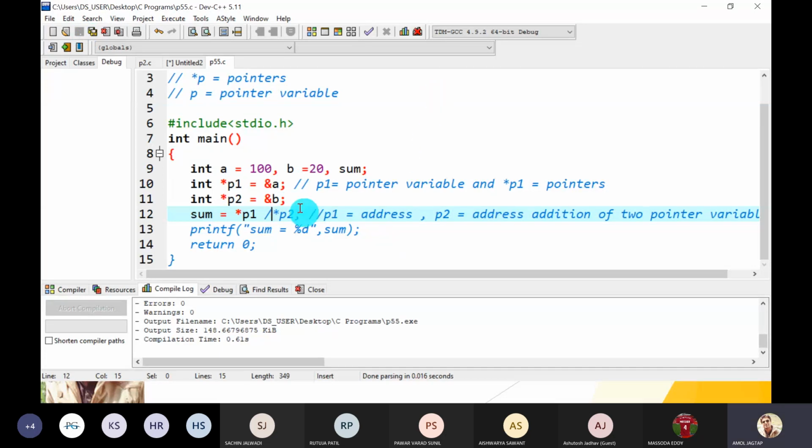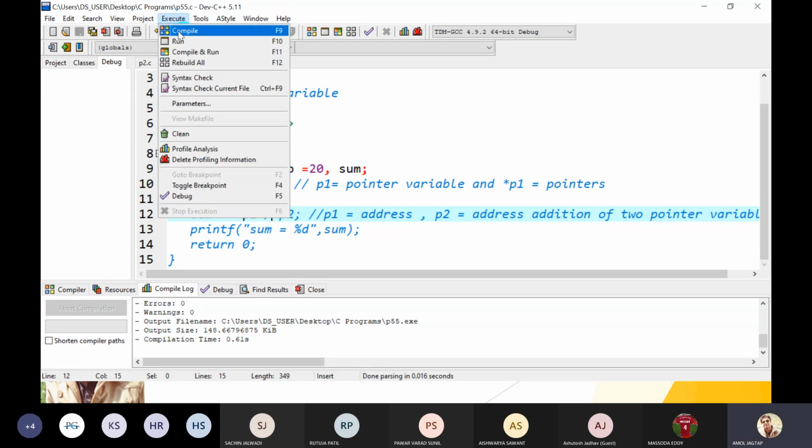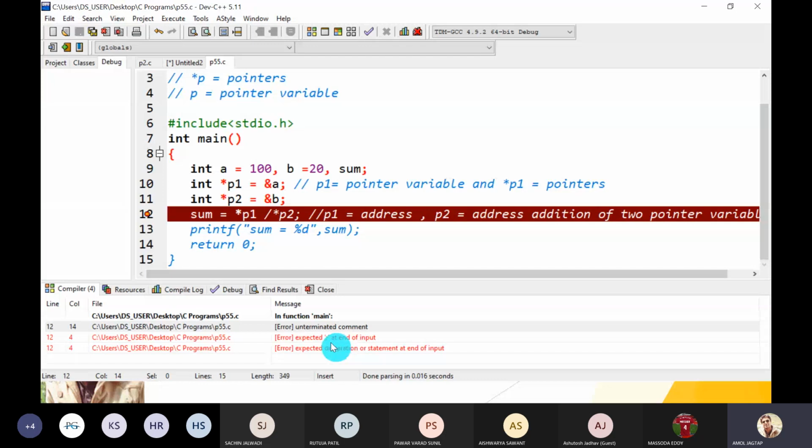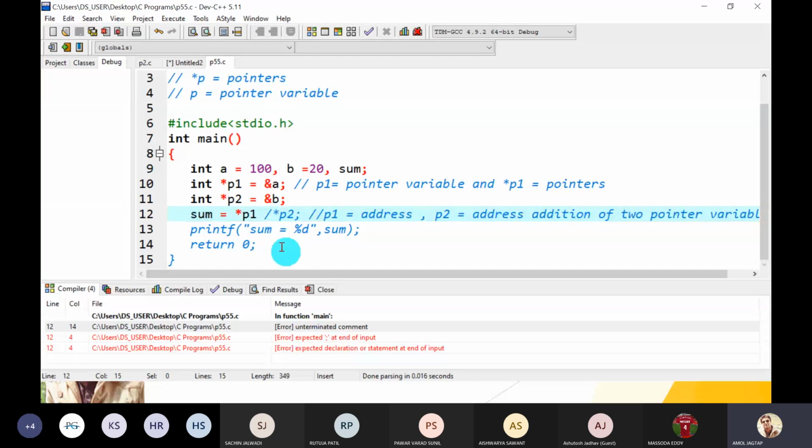If we remove the space between slash and star, it gives you a comment line. What is this comment line? If you compile, it gives you an error. So always remember, in slash and star, there must be one space. Guys, understood? There must be one space, otherwise it is treated as slash star, meaning a multi-line comment